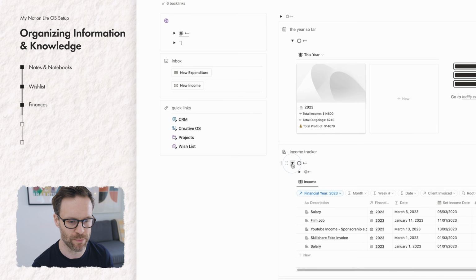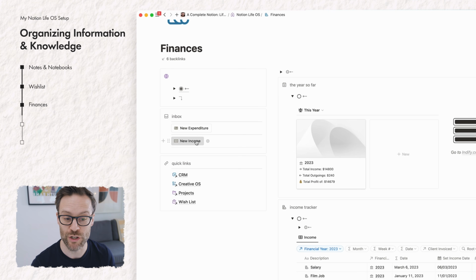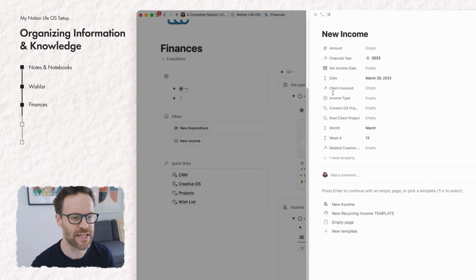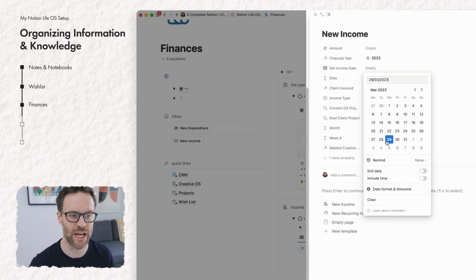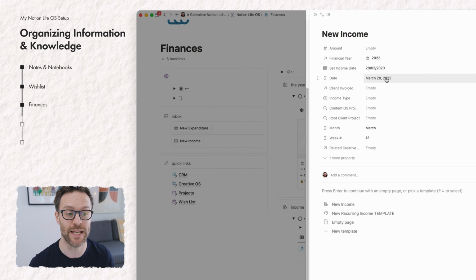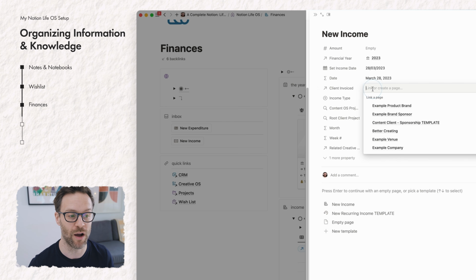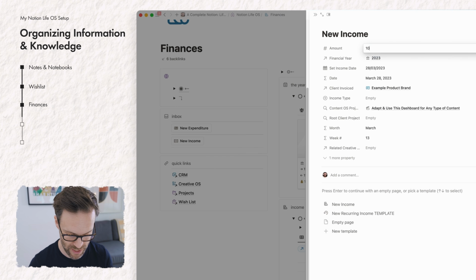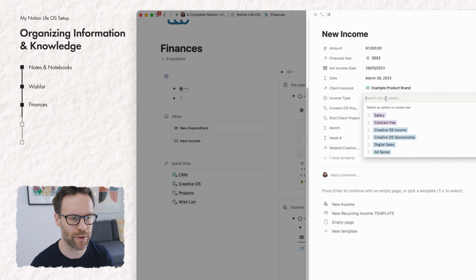So let's say we wanted to put in a new income. We'd click on this new income button. You'll see that the date is already set, and that's rolling up the created date. But if I wanted to backdate it or forward date it, I can change it by setting the income date and it updates it. I can link it to a client that I might have invoiced, so that will be in the contacts dashboard, and I'm going to put the amount in. I can put in the income type. Let's say it's a contract